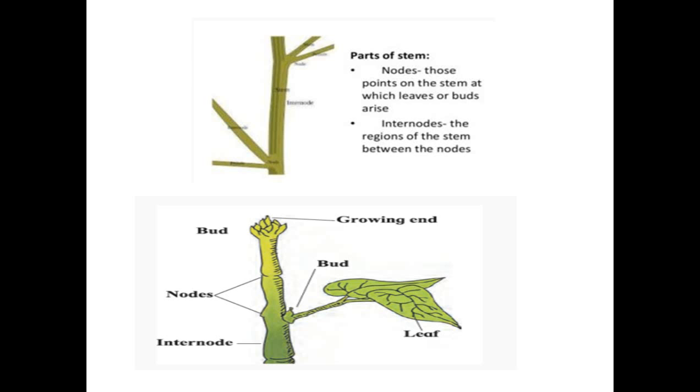That is called bud. You can see the pictures given here, parts of stem: nodes, those points of the stem at which the leaves arise. This part is known as node. And this is also node, and the distance between two nodes is called internode. Growing end, when the stem ends here and doesn't grow, that is called bud. Growing end, that is also called bud. Bud arises from anywhere, but if at the tip of this plant a bud started growing, it means the stem will stop growing from here.